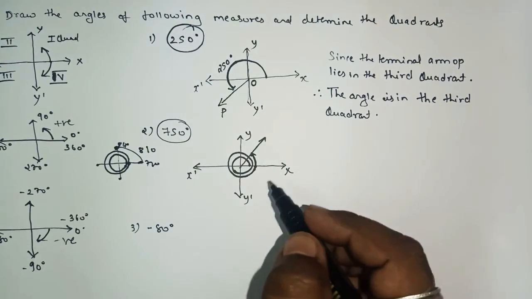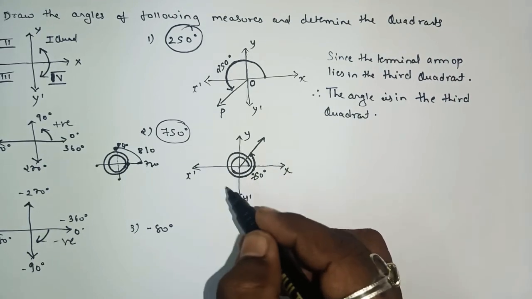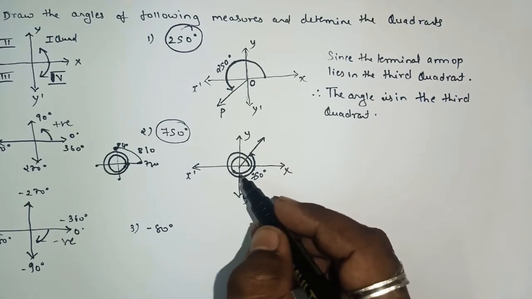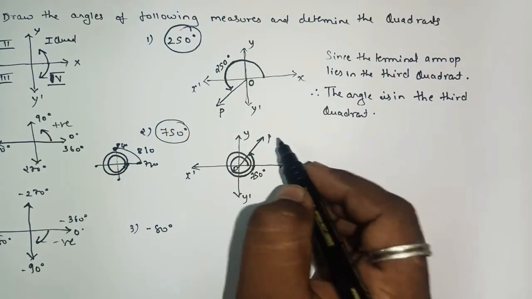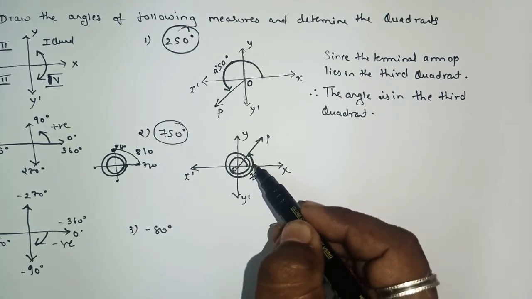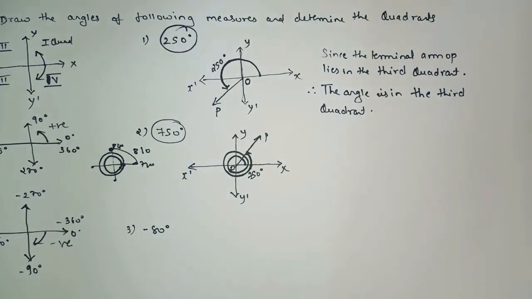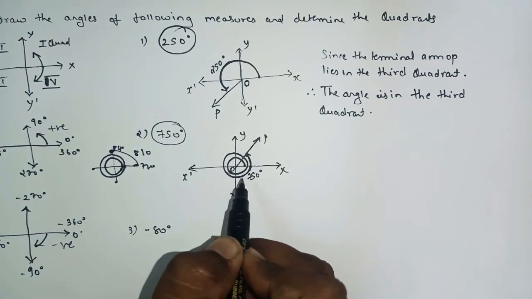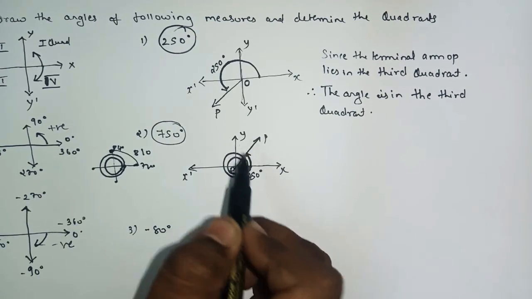Here you will write the degrees, showing first rotation, second rotation, that is 720, and somewhere here it lies. This is O and this is P. So the ray makes two rotations, and when it comes back till here, that 750 degrees lies in the first quadrant. One rotation and the second rotation is 720, and this will be 810. So between these two, 750 lies.